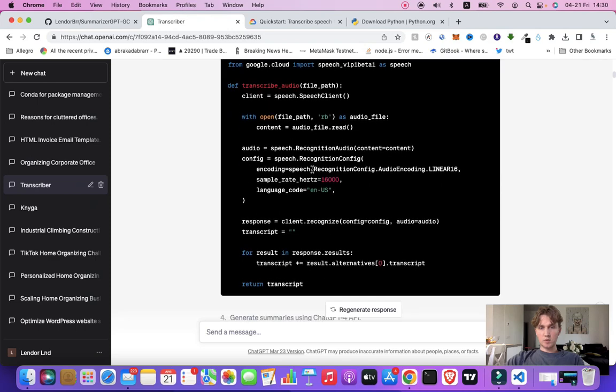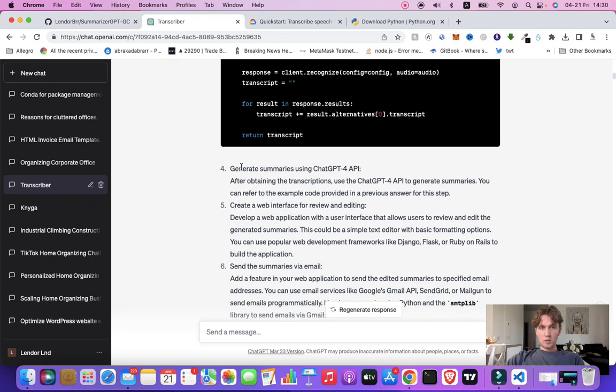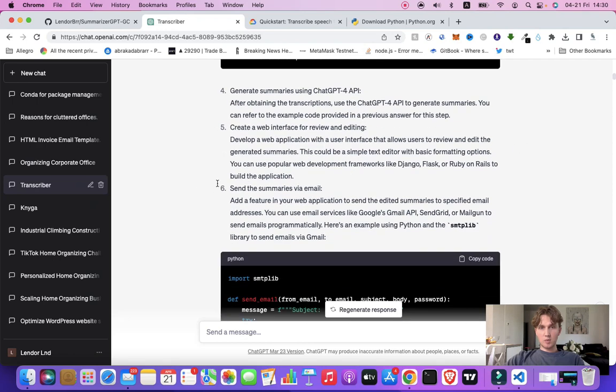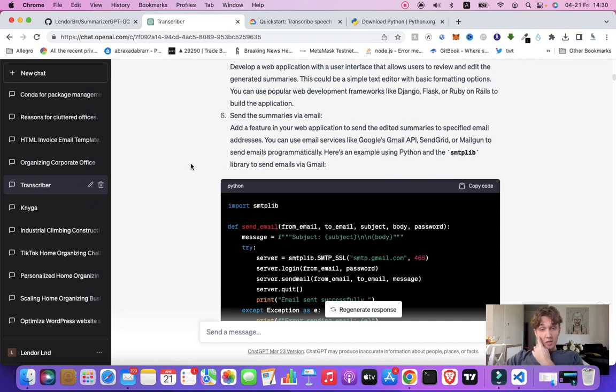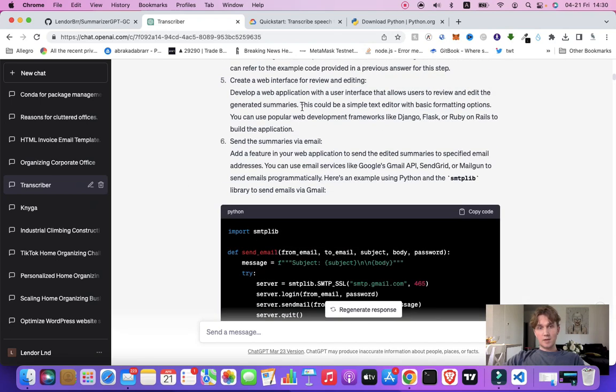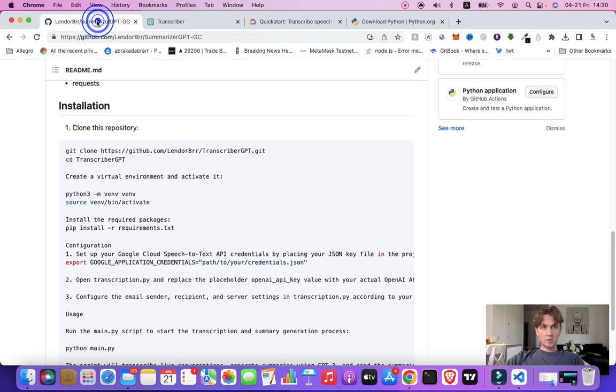Here is the full code. To generate summaries using ChatGPT, you need an API and so on. Basically, it gave me everything, and for better usage for you guys, I summarized everything from this, and I made